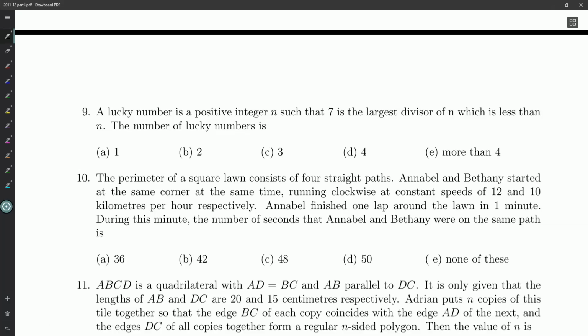We're looking at question number 9. We are just over the halfway mark on our 2011-2012 Alberta math contest. A lucky number is a positive integer n so that 7 is the largest divisor of n which is less than n. The number of lucky numbers is...